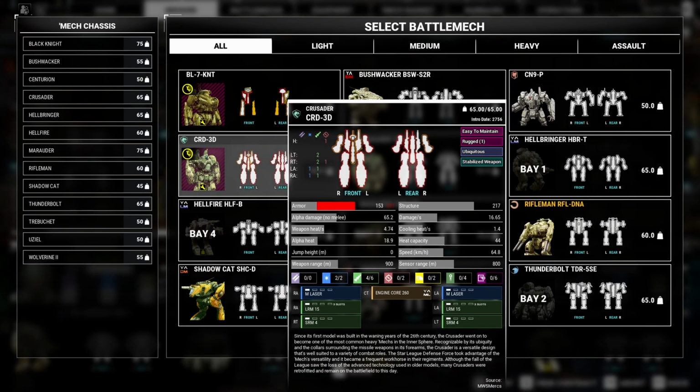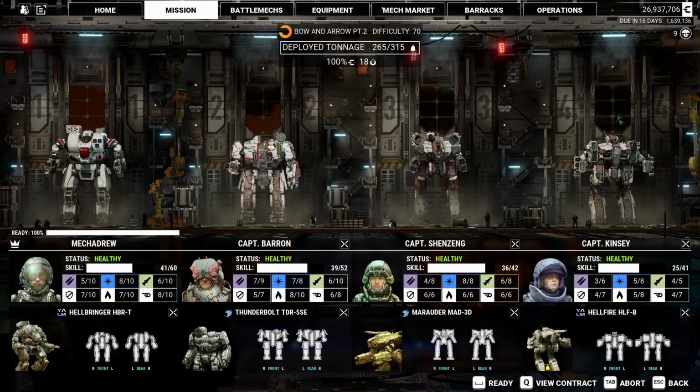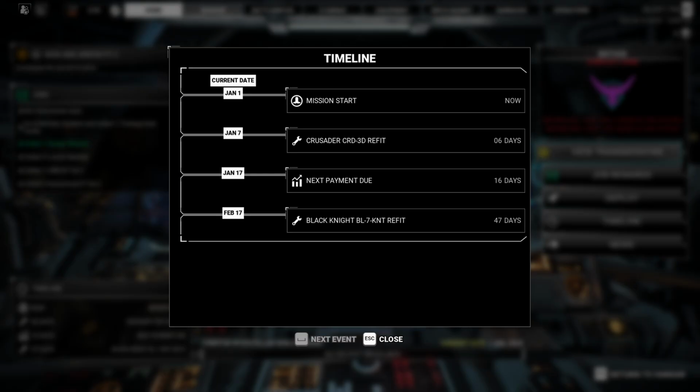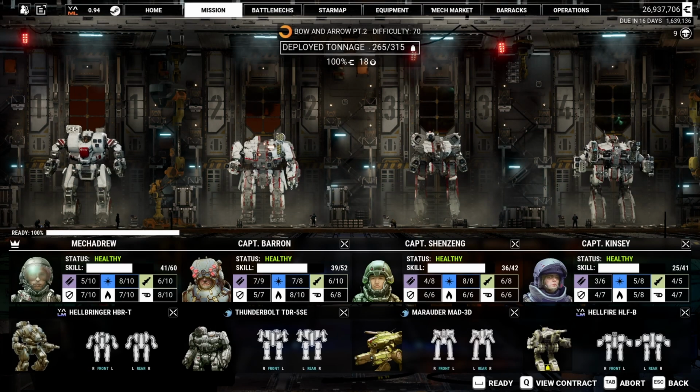I mean, if the Crusader was ready, I'd probably roll in it, because I could probably melt some mechs. Do I want to do that? We could just wait. What's the timeline look like? Can't do it. We've already accepted the mission. Okay, well, it is what it is. We don't have a choice. We could abort, but I don't want to. We should be okay. Surely